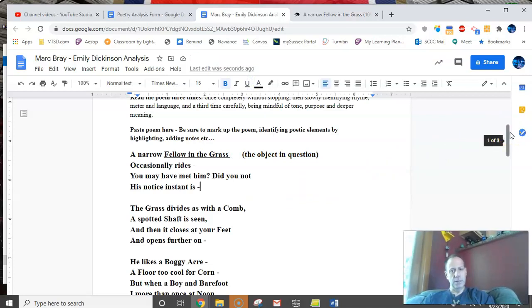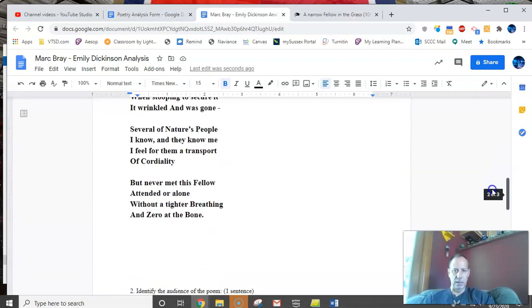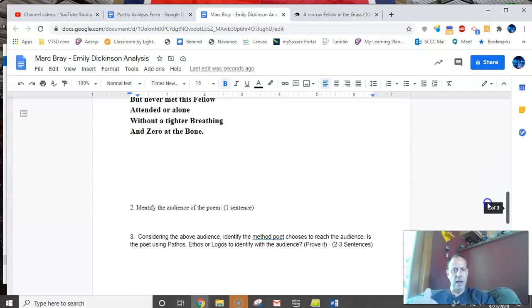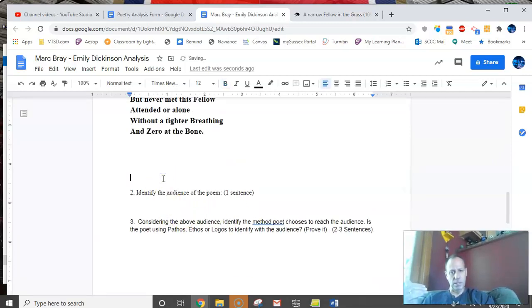Another way you can do it, and you might find this easier, is actually print out the poem and mark it up by hand and then take a picture of it and post it right into this document. That would work fine as well. So I've gone through the poem and now I'm going to read it a little bit more closely,